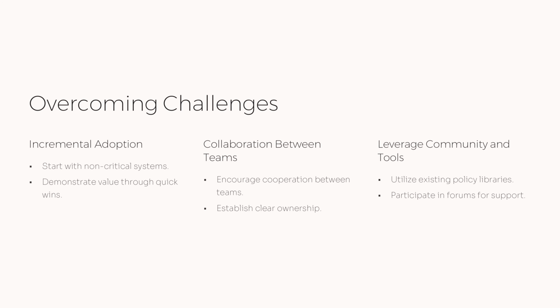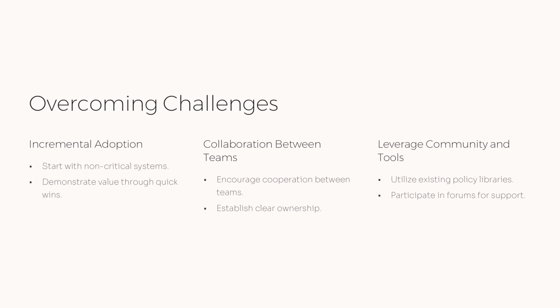This approach helps teams gain confidence without risking key operations. Collaboration is another key aspect. Encouraging cooperation between teams and establishing clear ownership can smooth the integration of policy as code practices. This ensures everyone is on the same page and can lead to more cohesive policy implementation. Lastly, leveraging community resources and tools can vastly improve your OPA adoption process. Utilizing existing policy libraries and engaging in forums can provide valuable support and insights, reducing the learning curve and potential